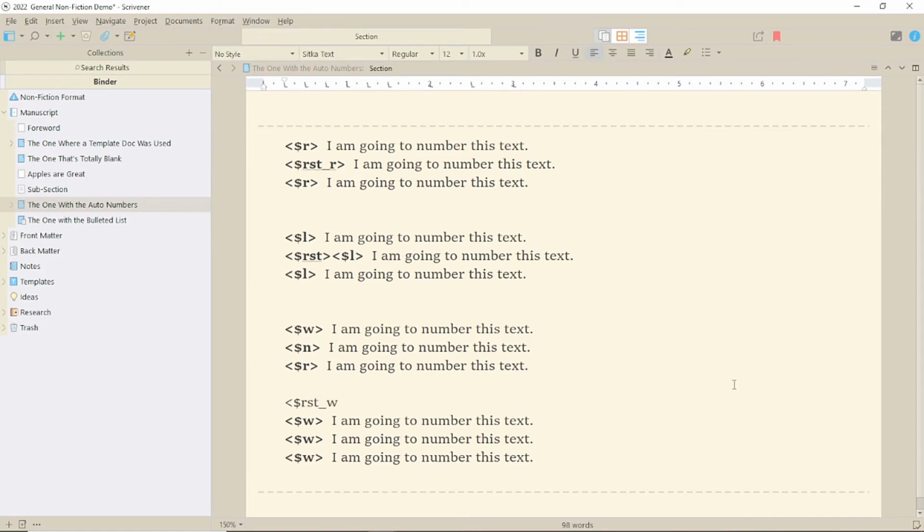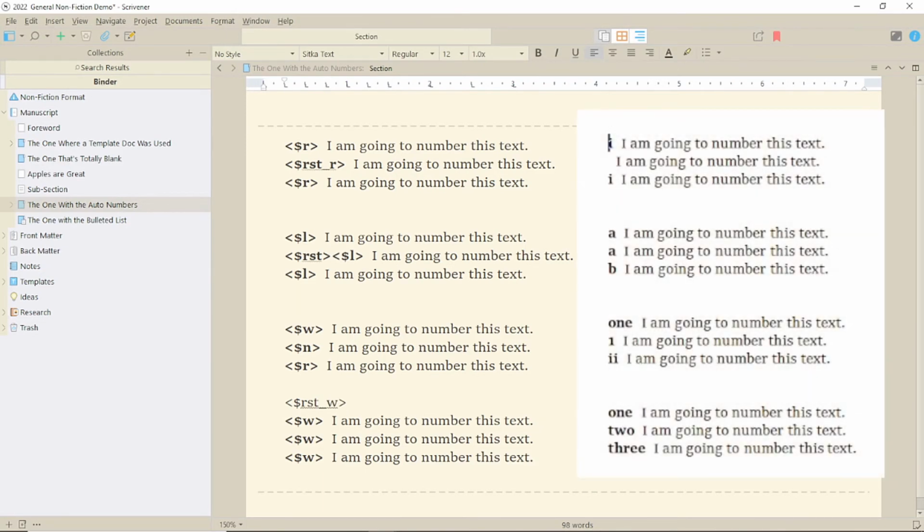Now let's look at that compiled. You'll see that the two different placeholder codes together give us that numbering system, the ABC, starting again at A, as promised. However, if we look where I put that first combined restart code, the Roman numerals do restart, but there is no numbering on that line. You'll see down the bottom where I put it above the numbered list, using words, it worked fine.